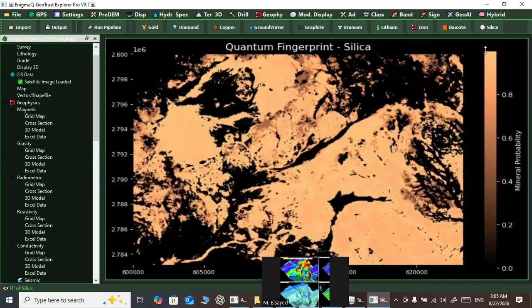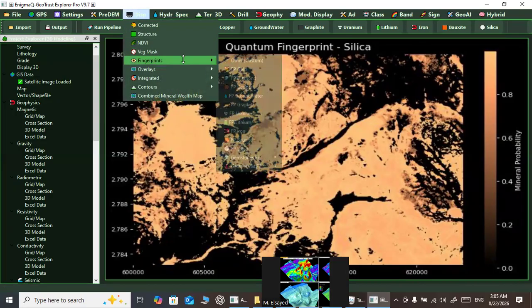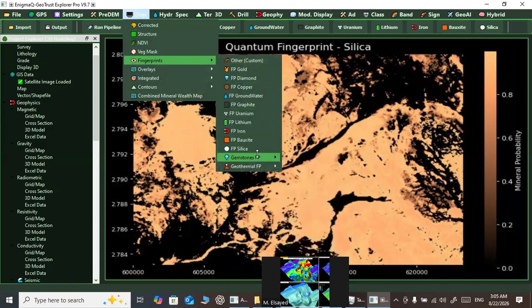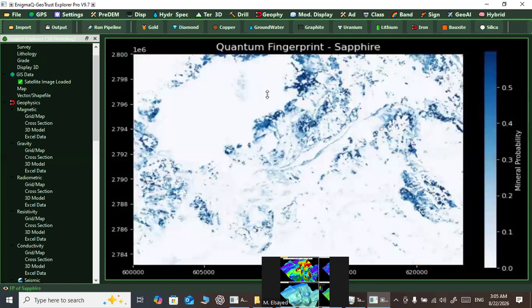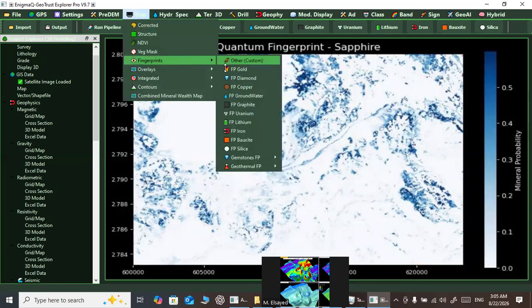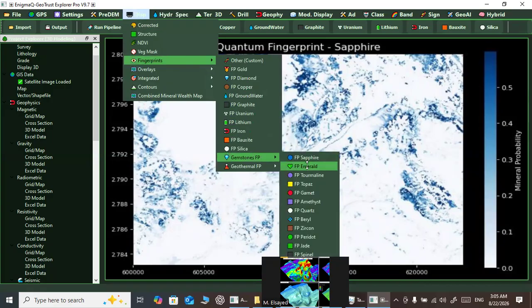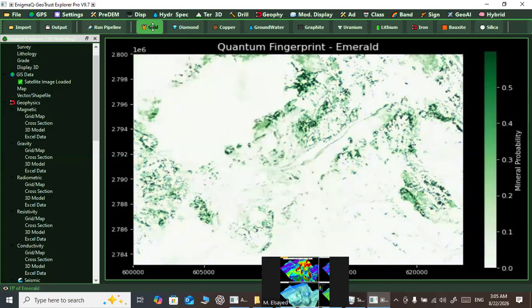Here, these areas, according to the color scale, represent the silica. Going to the fingerprints, you also have a complete chain of the gemstones that could be identified from spectral signatures of their corresponding geological environments. For example, the sapphire in blue, and among the other gemstones, we have emerald in green,